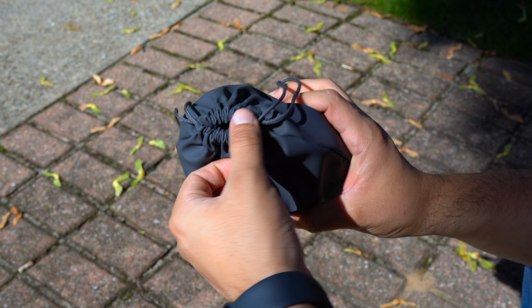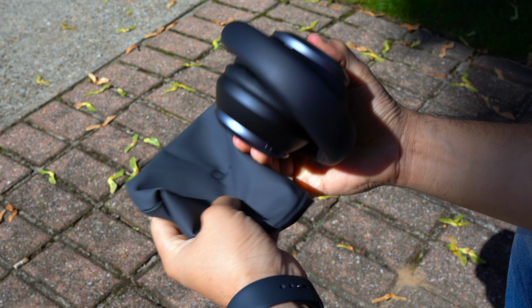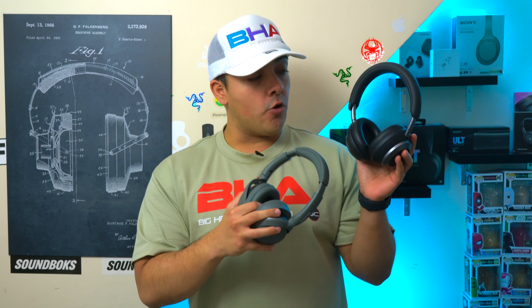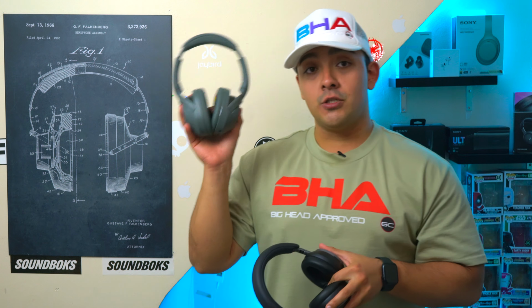So the Soundcore Space One Pro are a great pair of mid-tier ANC headphones that block out a lot of noise, they have a super long battery life, and they have a fun bass-heavy sound signature. However, they aren't as pro as I'd expect because they are missing some fairly common features for mid-tier ANC headphones in 2024-2025. But today we're going to see how the Soundcore Space One Pro stack up to the Sony ULT,